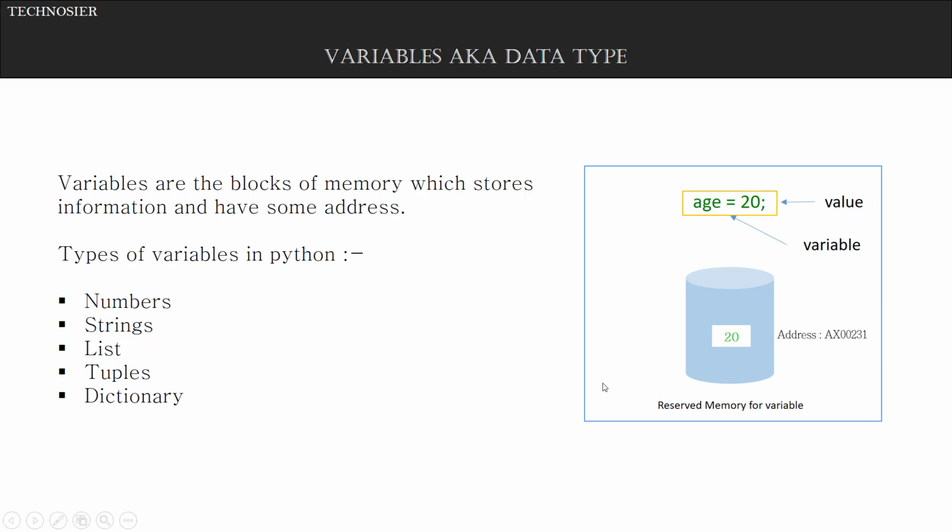So what is the use of a variable? If we are making some application, we need to store information of different kinds, like the name of the person or the age of the person, numbers, etc. So we need to use variables. It can be of different types according to your need. If you want to build a dictionary, you can use the dictionary data type, or if you are making a list of countries with their contact numbers, you can use the list data type in Python.